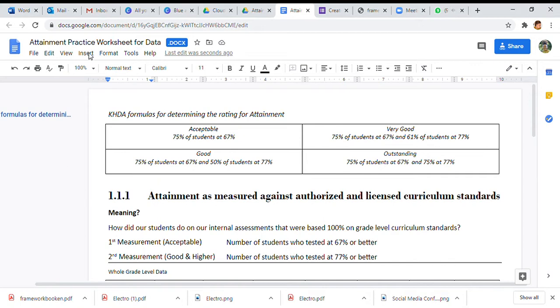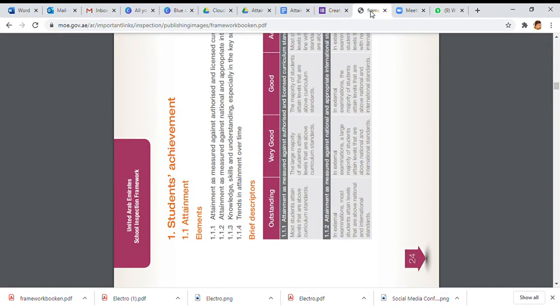Now, this formula must be followed, and it's the same way that inspectors will come and review how work is being done on your campus and how they will come up with their determination on your rating for student achievement or your 1.1. Before we get started with the worksheet, I'm going to show you first the framework,